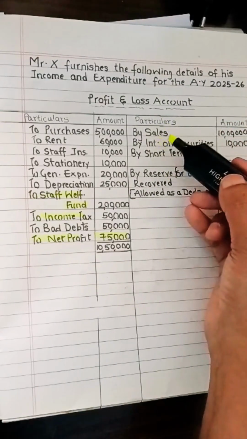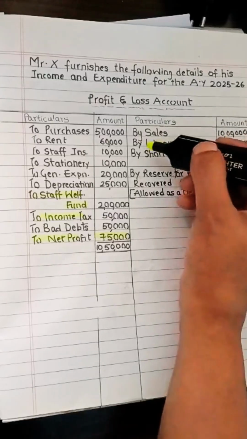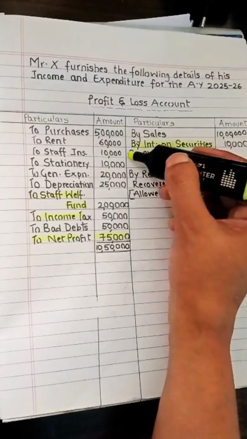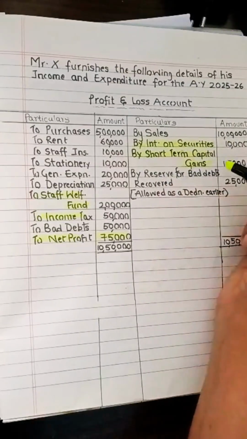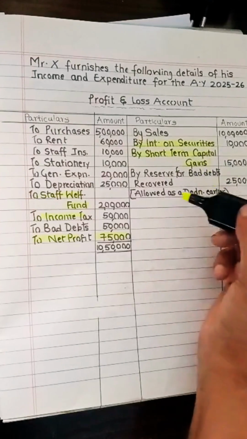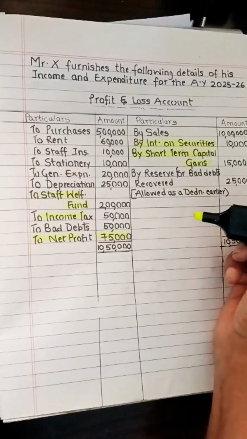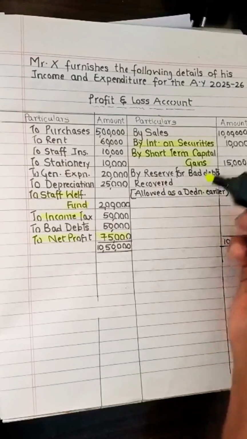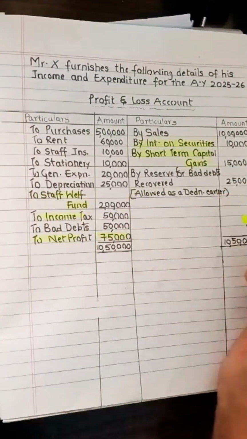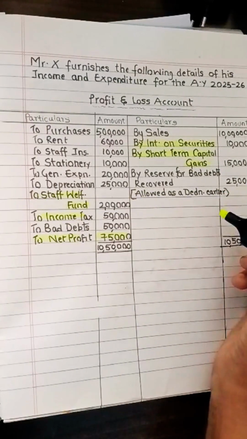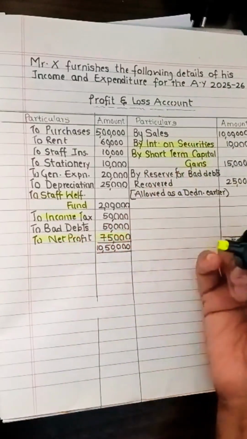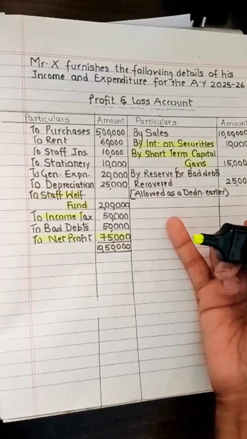If you see, sales is a business income. Interest on securities, it is income. However, it is income from other sources. Likewise, capital gains short term are also capital gains and not income from business. We have bad debts recovered, which was allowed as a deduction earlier, and hence when you recover these bad debts, they will be taxable as business income and no adjustment or no treatment would be required. So these incomes which have wrongly been added to your net profit will now be reduced from your net profit